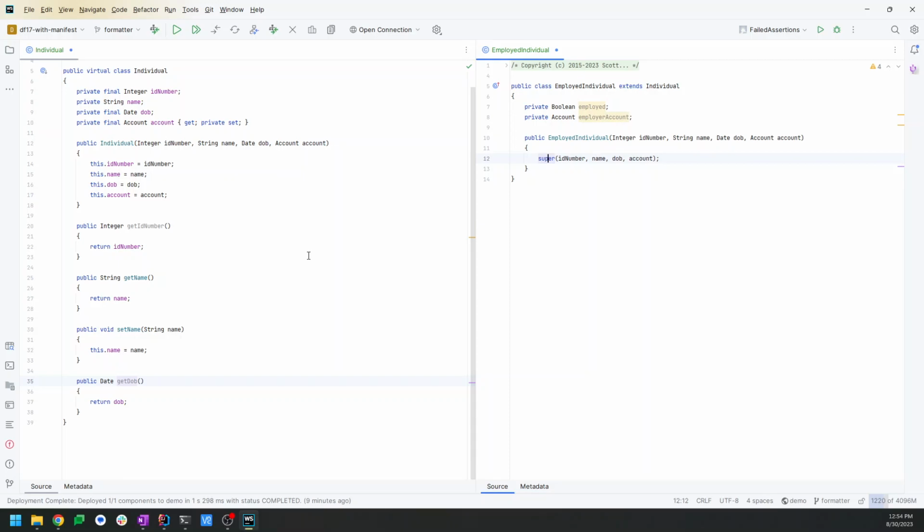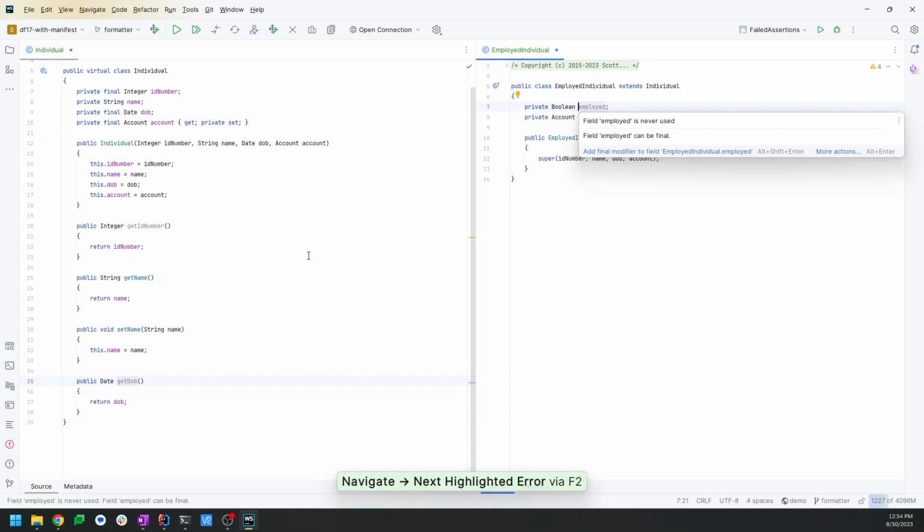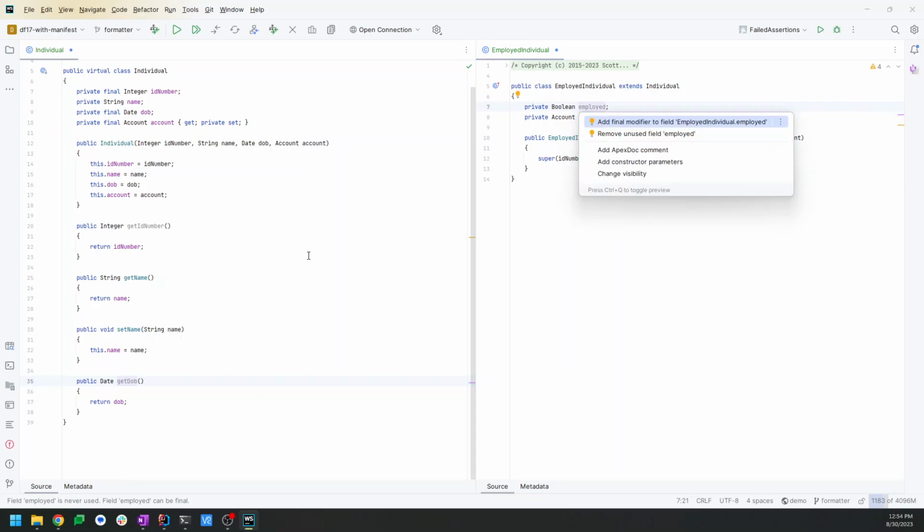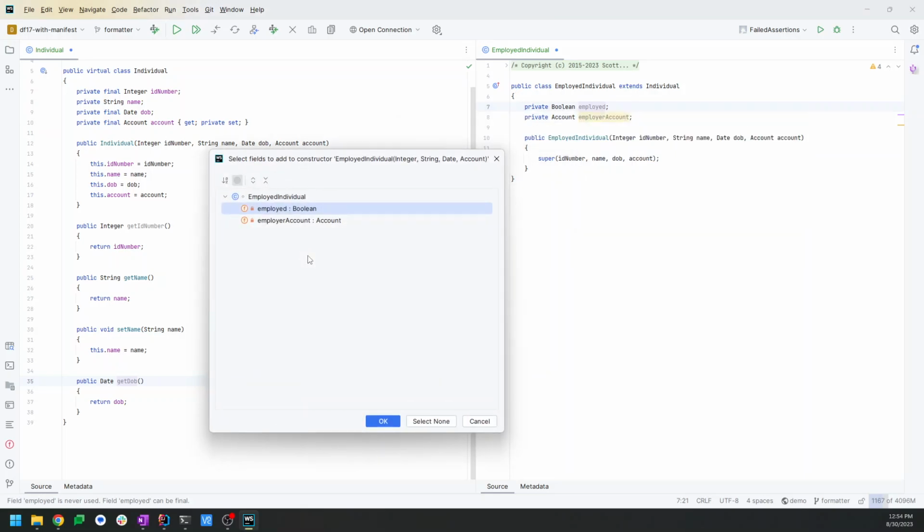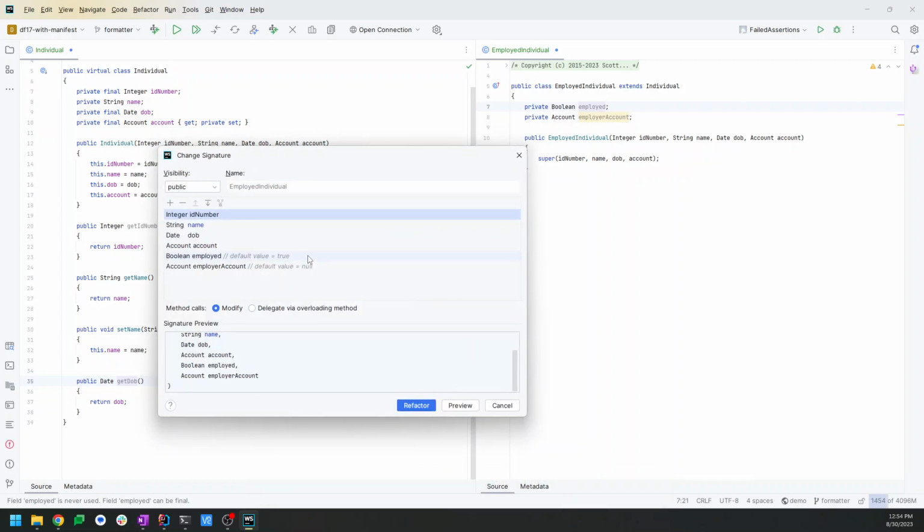Now, we still have some yellow here, and that is that we haven't assigned values to our local member state, not the base class member state, but our local member state. We certainly want to do that. So we'll go ahead and say that we want to add constructor parameters. This is, again, the context menu that comes up. I'm going to hit enter, and I want to go ahead and assign for both of them. So you can choose one, both, or none. If you do none, it's going to tell you the constructor signature already exists. So I'm going to go ahead and say that I want to do this,